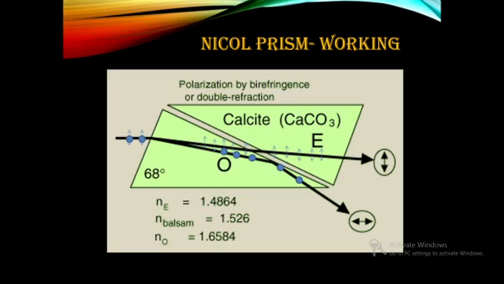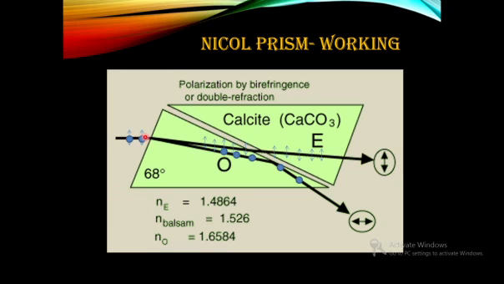Hello students, today we will discuss how a Nicol Prism works as a polarizer and analyzer. So we have seen the working of a Nicol Prism. A Nicol Prism consists of a calcite crystal as shown,